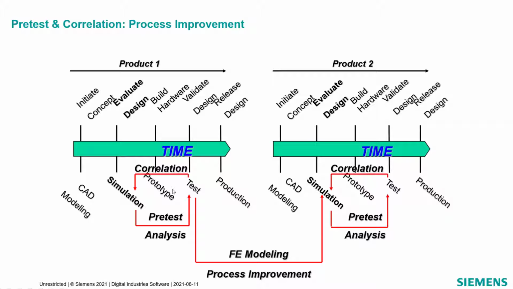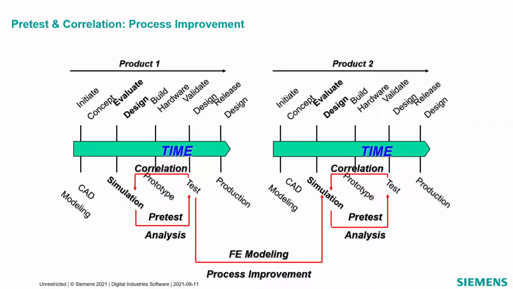And if we take the time before we make our next generation product to validate all the assumptions we made in the building of that simulation model, we can have greater confidence over time that we're improving our modeling process. So the FE, finite element modeling process, is being continuously improved generation to generation of the products. And so you would have to test out fewer assumptions on the next generation of the product. And you'd learn all these modeling nuances each time. Does that make sense to you, Nick?